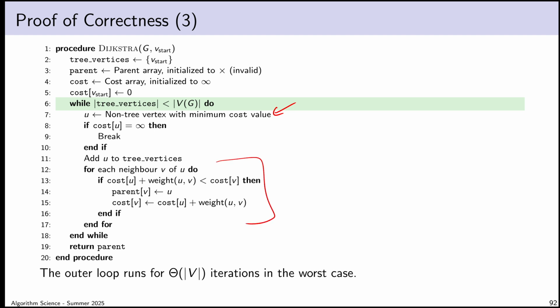Now, fortunately for us, we're actually quite used to this. There's logic we can use that we've used for many other algorithms that allows us to get a handle on the running time of this inner loop and avoid some annoying summation, which is pretty much that we can argue that each vertex gets added to the tree at most once. It'll never be added to the tree twice for the following reason. The vertex u that I add to the tree at line 11 is chosen to be a non-tree vertex, which means the only time I ever add a vertex to the tree is if it wasn't in the tree already. So every vertex can be added at most once.